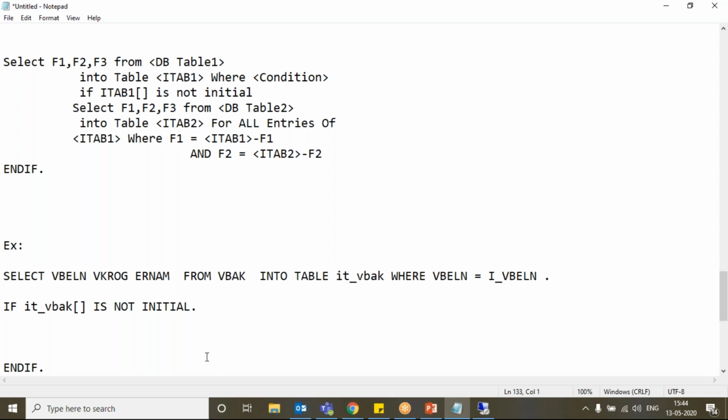I'm checking if this table has values, then go to the second. So next, let's say I'm going to select VBELN, WAERK, MATNR from VBAP into table IT_VBAP, and here I will write FOR ALL ENTRIES